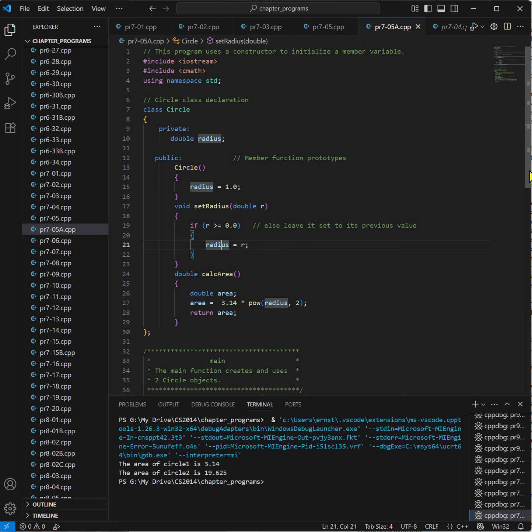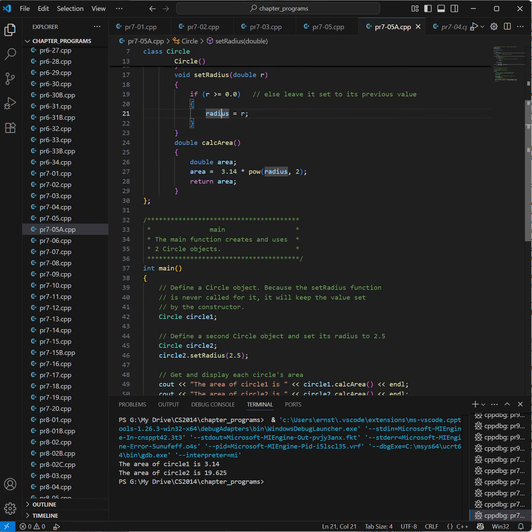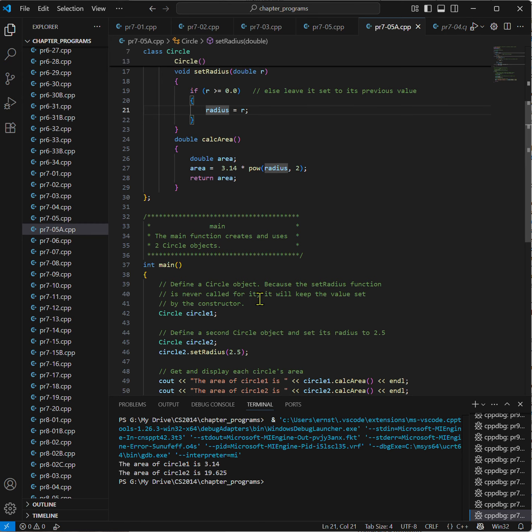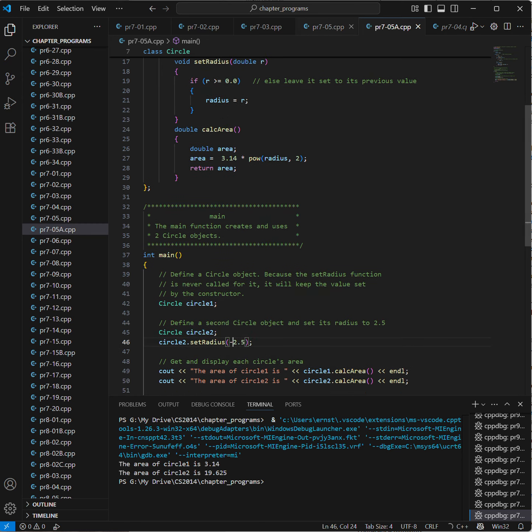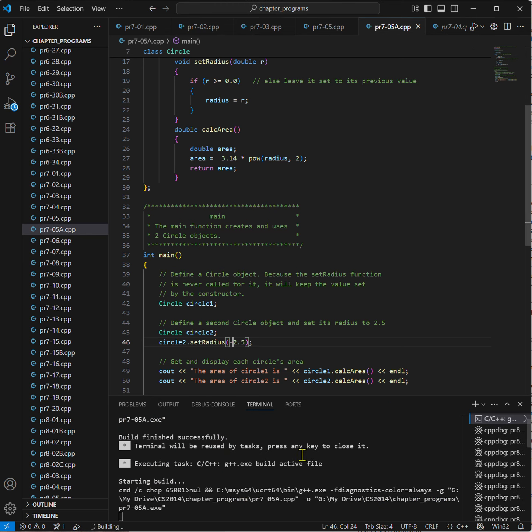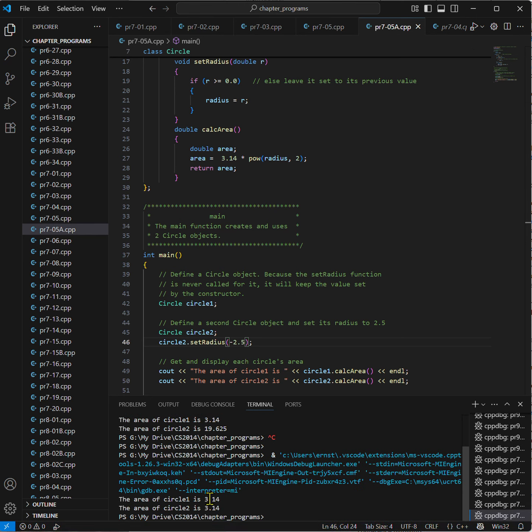output. We also touched on the fact that if you had a negative radius over here, that it wasn't specified what would happen. So let's change this to minus 2.5 and then see what happens. And then you see that you still have the default value of 3.14 because the default value of the radius is 1.0 multiplied by 1.0, and 1.0 is over here 3.14. So